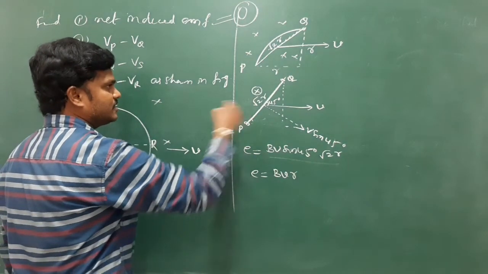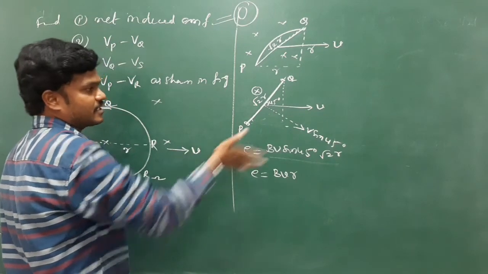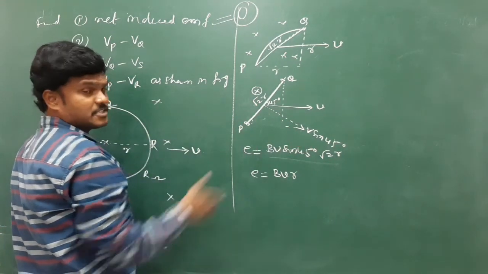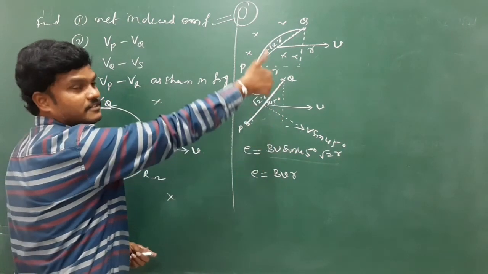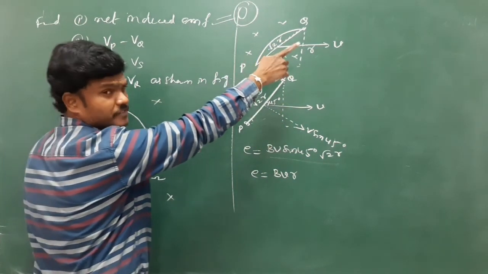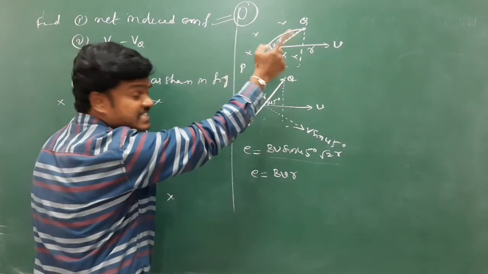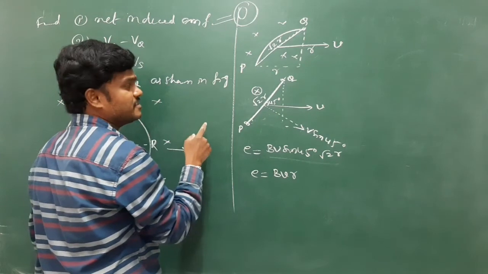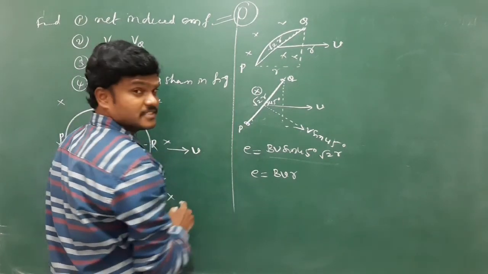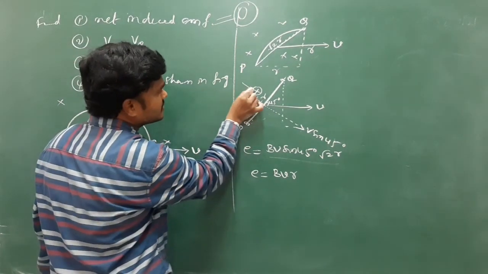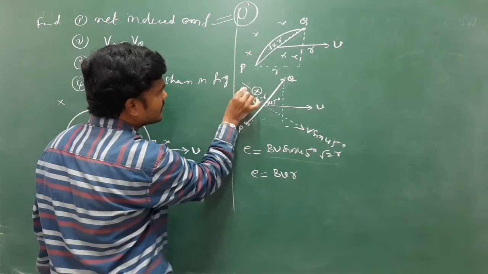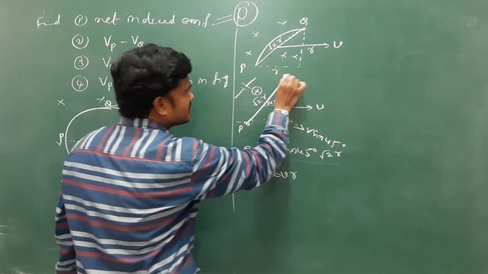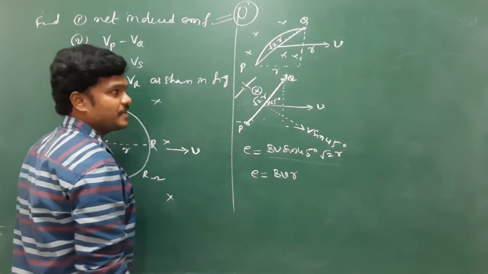And see the potential difference, in what direction the field will be there. So this is V, the field is into the board. Now which is at highest potential? See, V cross B means this is the direction of V cross B. So the induced current is in this direction, which means you can replace this rod with a battery symbol. Here, this is the positive terminal and this is the negative terminal. Now this is a negative potential, this is a positive potential, P and Q.